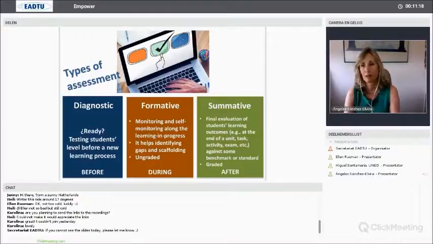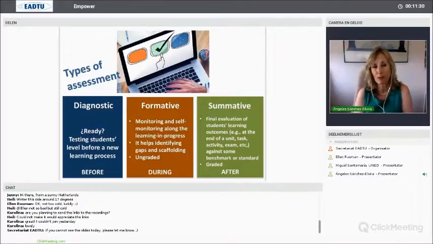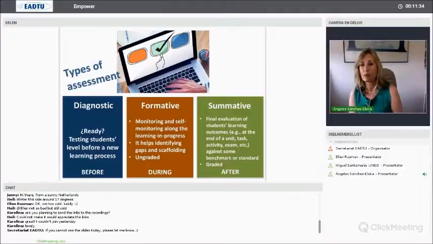And finally, the summative assessment is the more traditional one, with final evaluation of the students. So that is just an overall vision of the starting point of the e-assessment. And this webinar, this e-assessment week, has been divided into